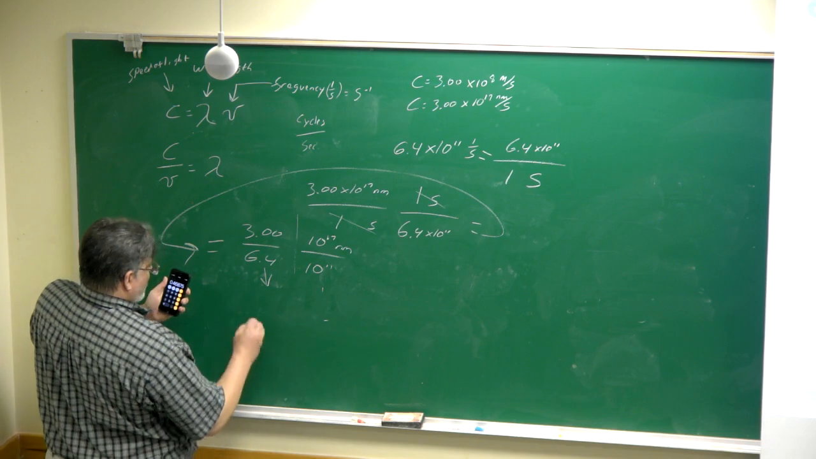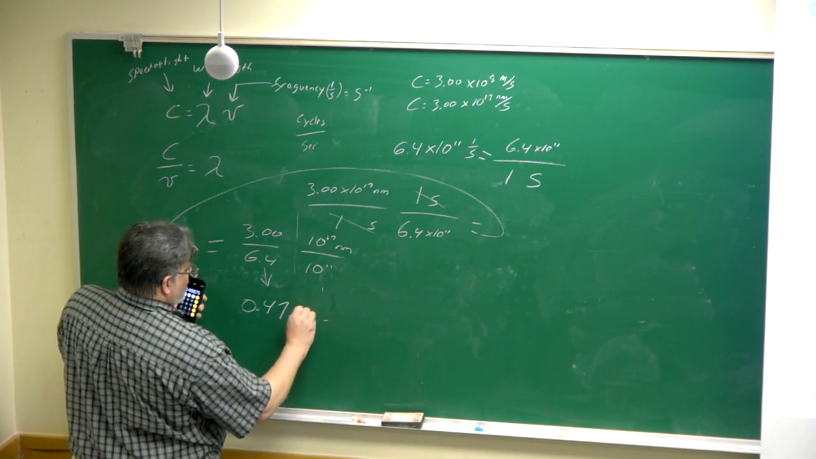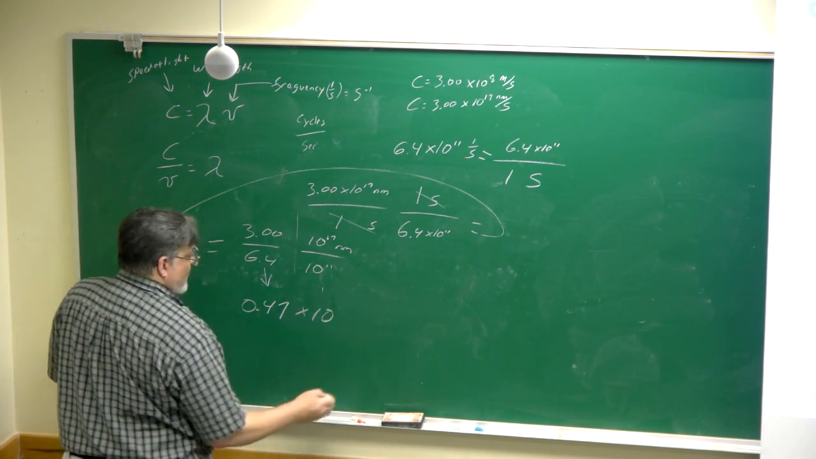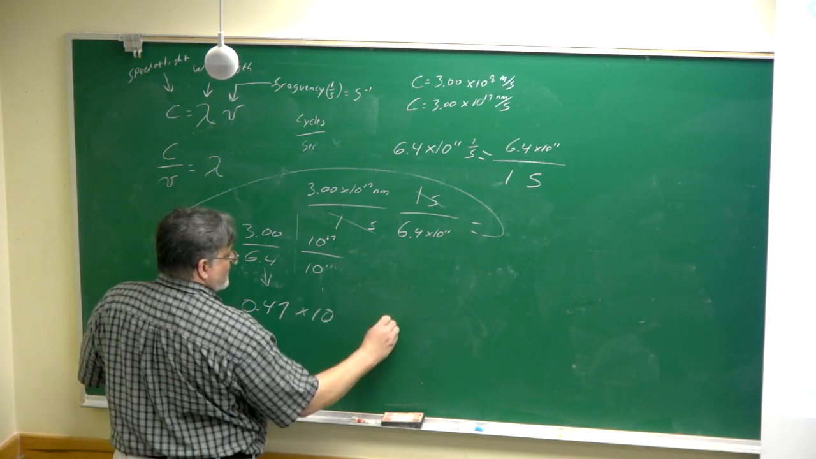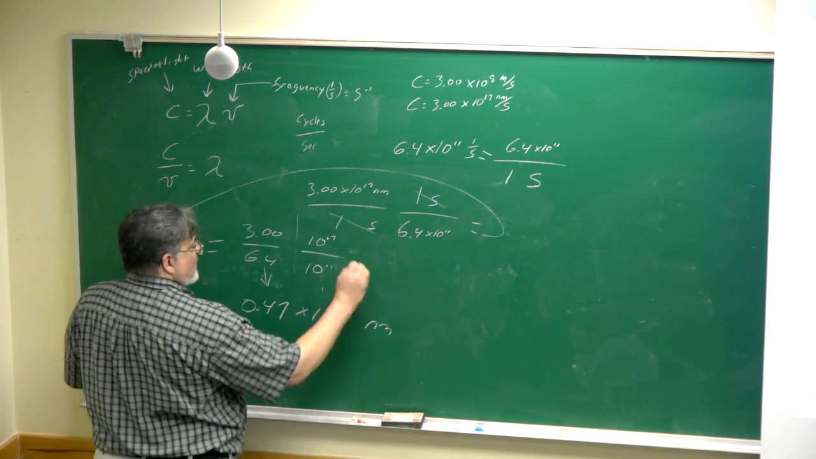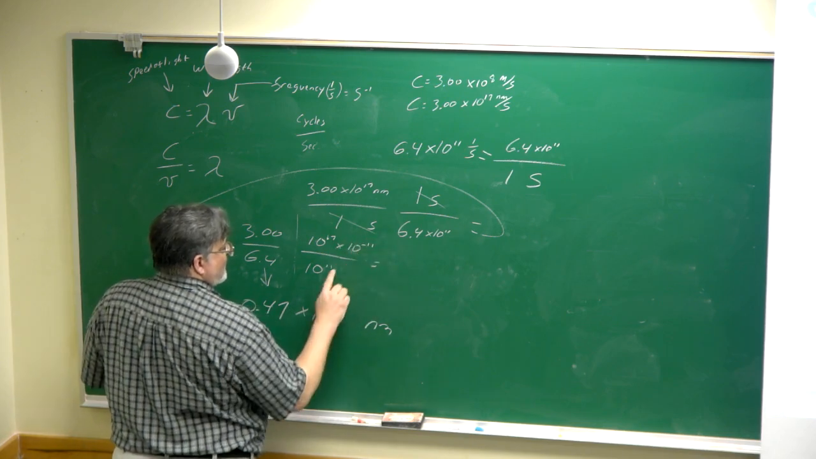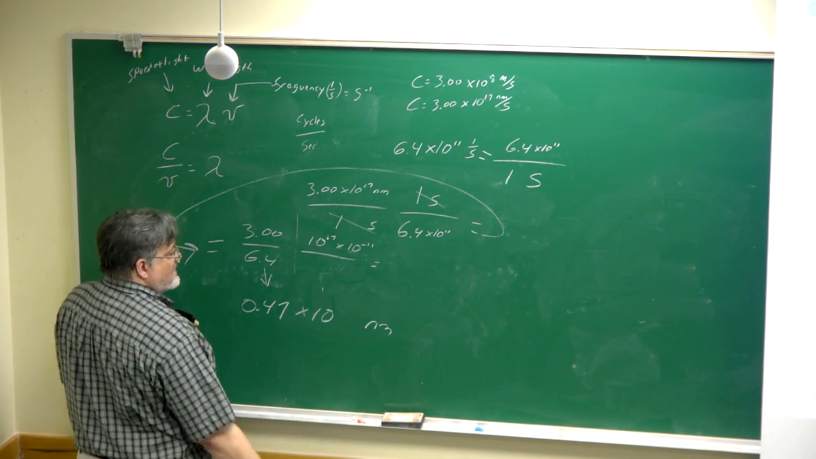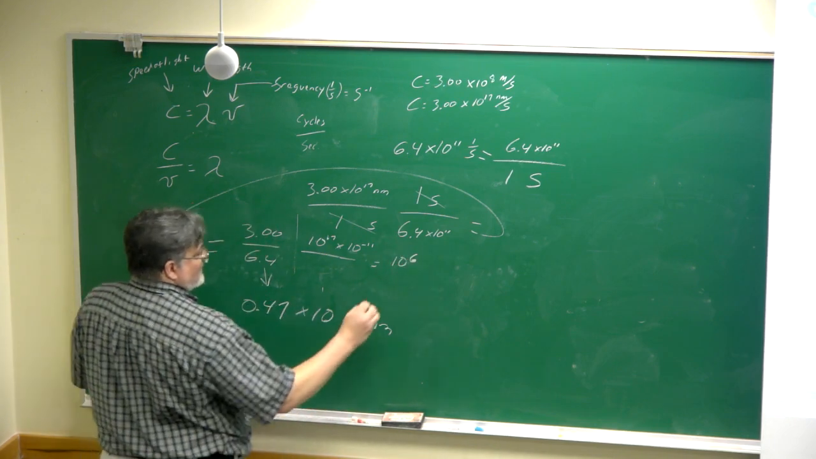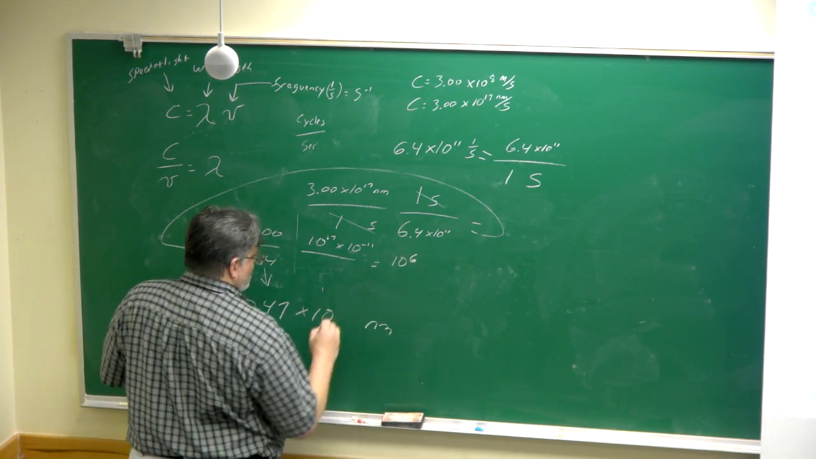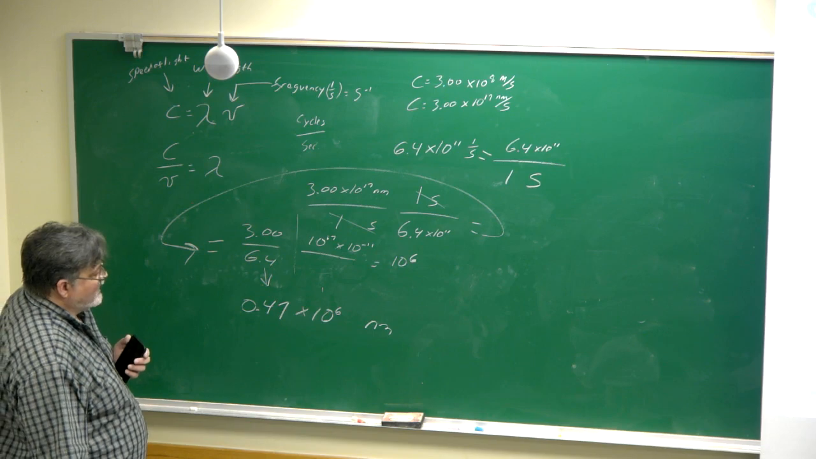To 2 significant figures, I get 0.47 times 10 to the, well, how would I do this? I'm going to move the 10 to the 11 up to the top. Let me go ahead and put nanometers down here. Once I do that, it's 10 to the -11. So 17 minus 11, 10 to the 6. 4.7 times 10 to the 6